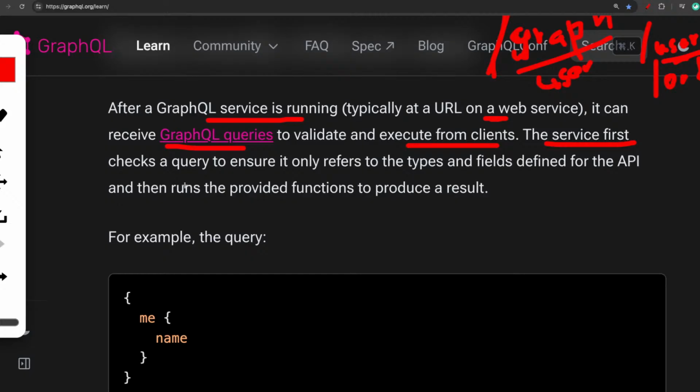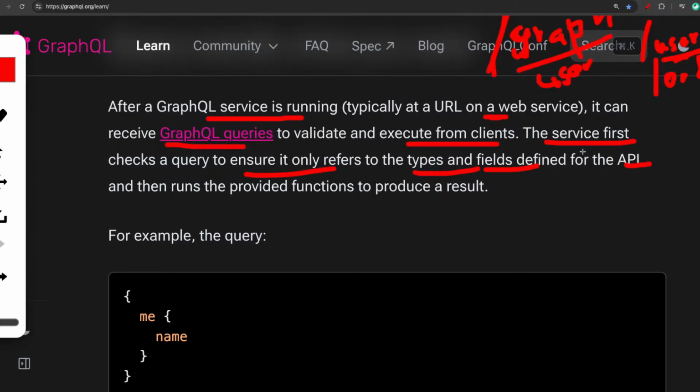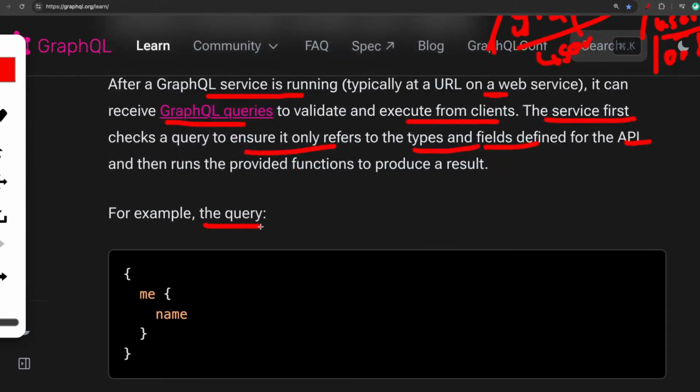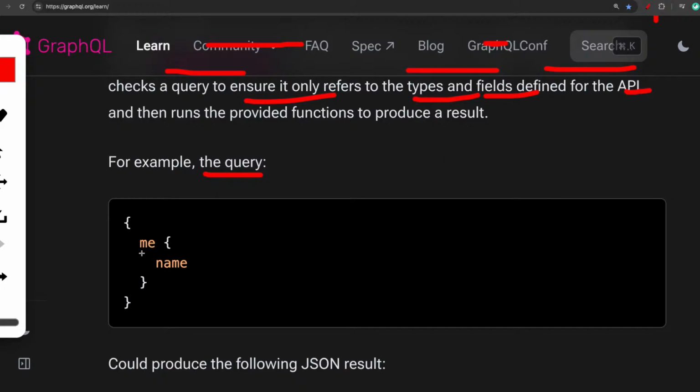The service first checks a query to ensure it only refers to the types and fields defined for the API, and then runs the provided functions to produce the results. I'm just underlining things that don't make sense. It first ensures the types and fields are defined for the API. I wonder how it does this. So you write a query and then something like that. For example, the query me name, a me and a name,